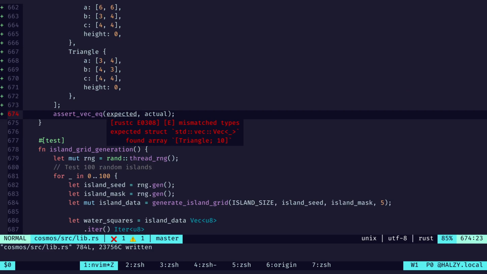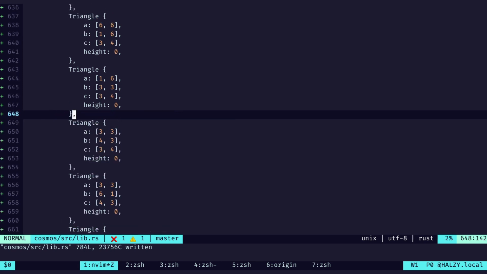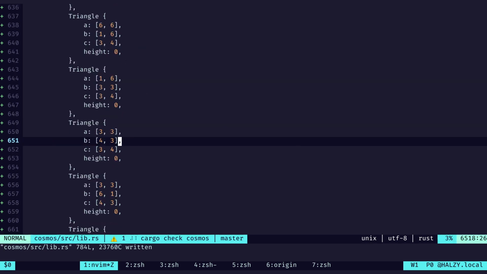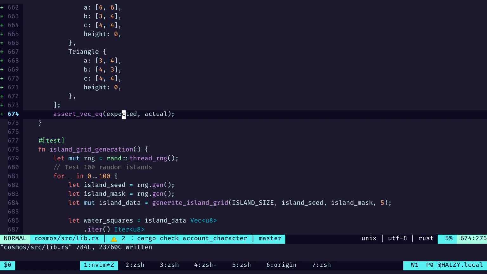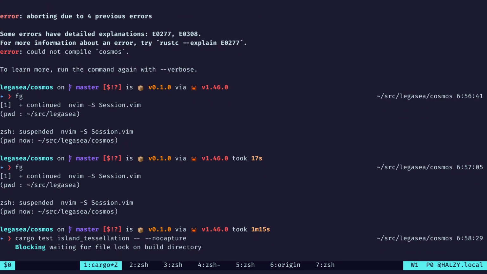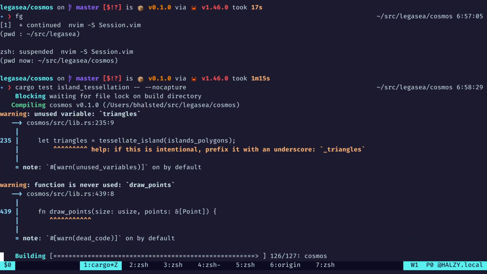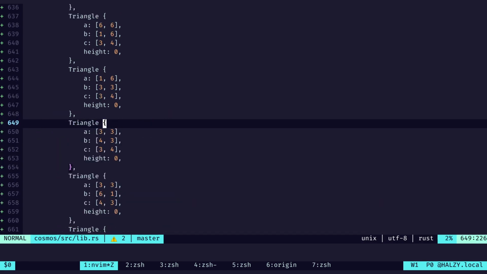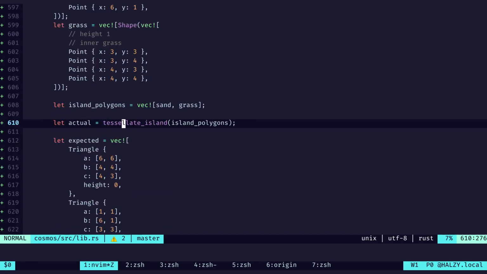Oh, it's expecting it to be a vector. There, now it's a vector. Okay. Just make sure that is captured, because that's a good tessellation. That's nice. Good. Now that we know that we have a valid output here,